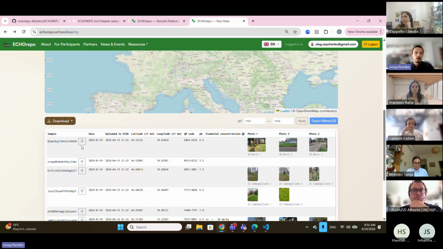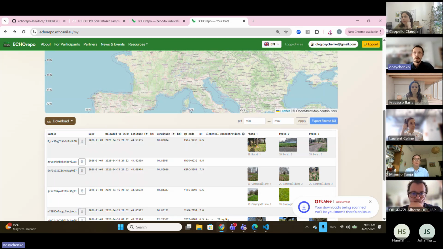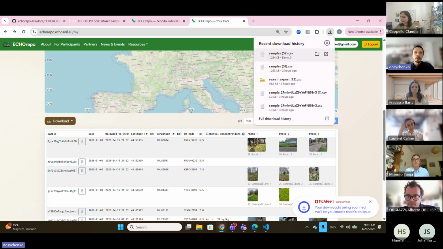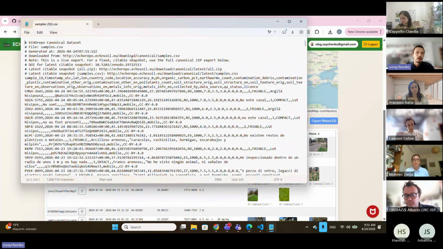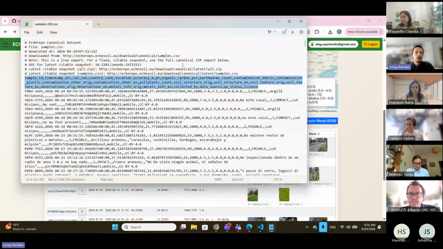Then all the exports. Let me download just one file, and let's take a look at it. It's a CSV file in more or less standard naming of the columns, pretty self-explanatory. But what is important here is that the dataset already has a citable reference, since our datasets